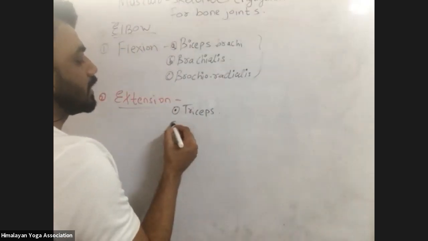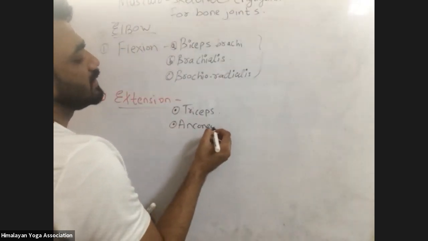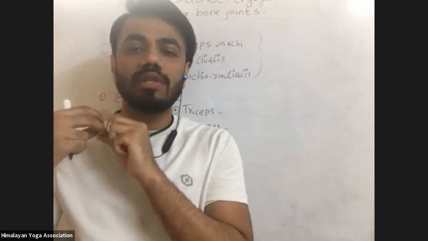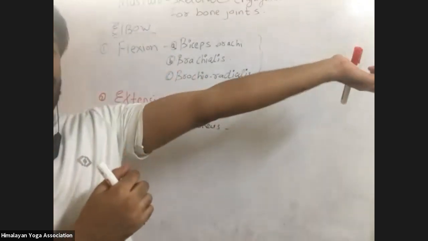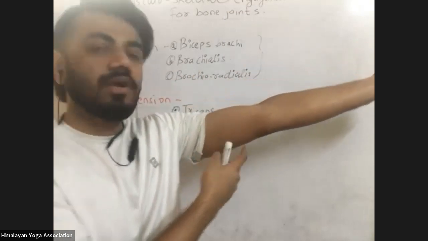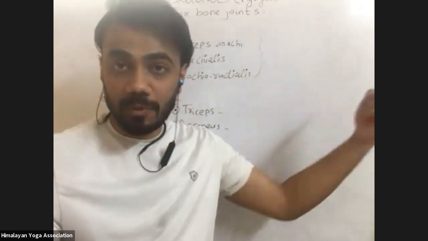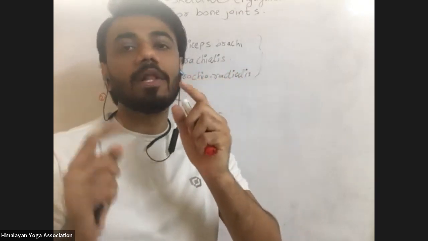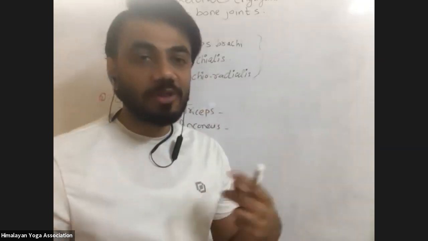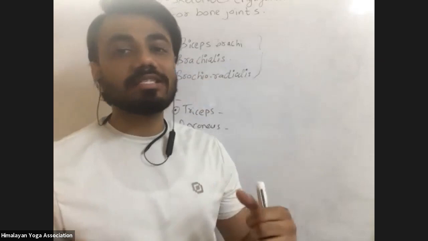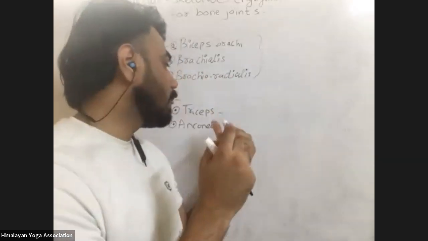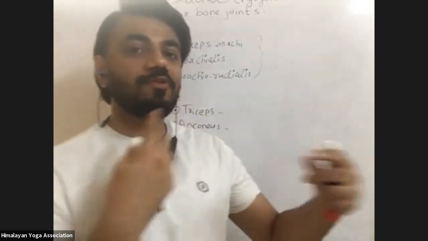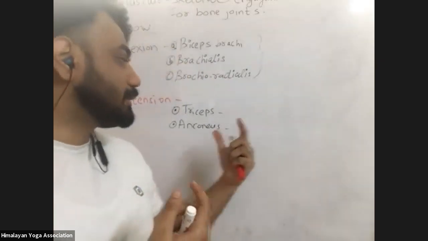So we have triceps, and anconeus is one of the small muscles. You will find the origin of anconeus from the humerus to the ulna. If this is my triceps at the back, when you develop your triceps more, you will see your arms look big. So triceps makes your arms look big. If you want bigger arms, for men, you have to work out your triceps more than your biceps. In the gym workout, yoga will just improve the flexibility and mobility of the joint.